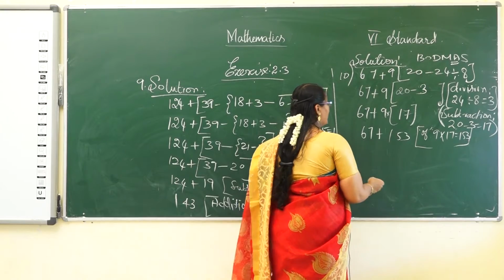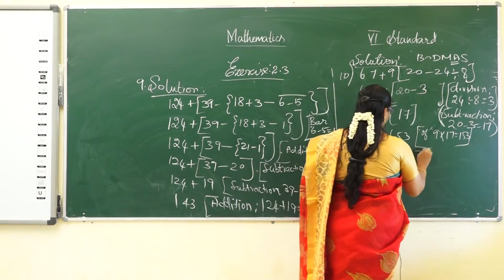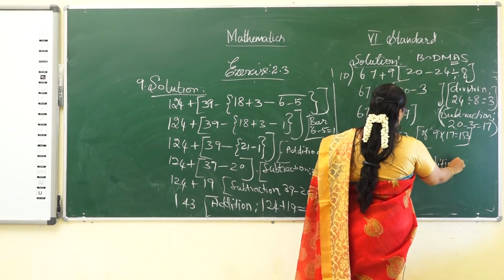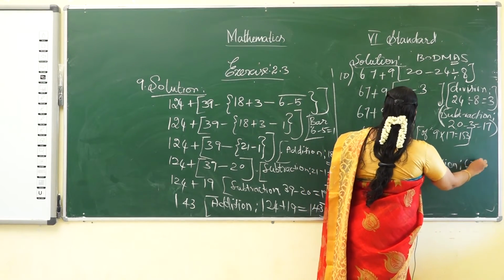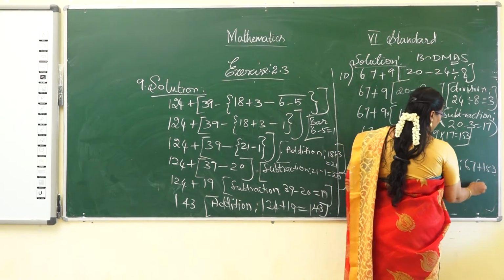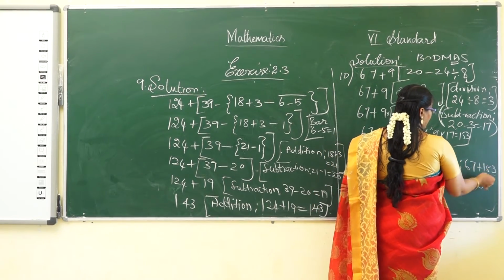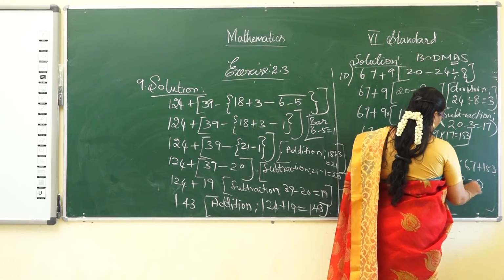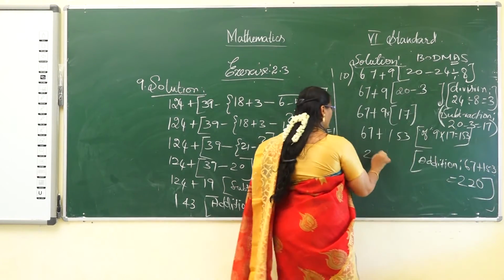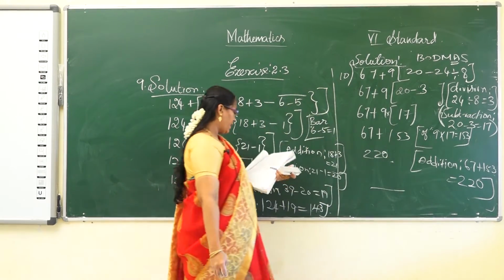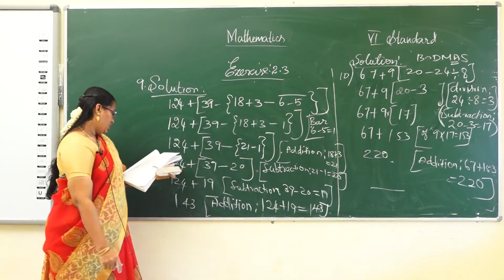Now add these two values. What is the value? 0, 7 plus 3 is 10, 0, 1. So 6, 12 ones. So 220. So the answer for this problem is 220. Okay. Now